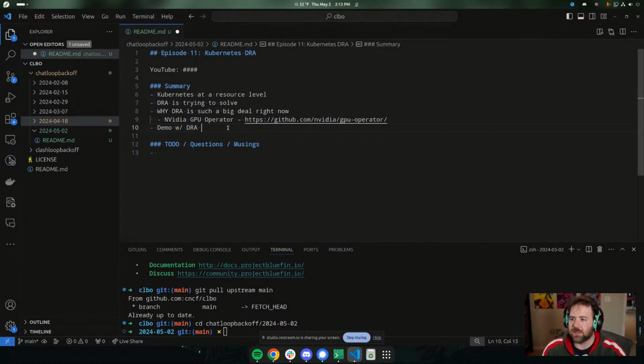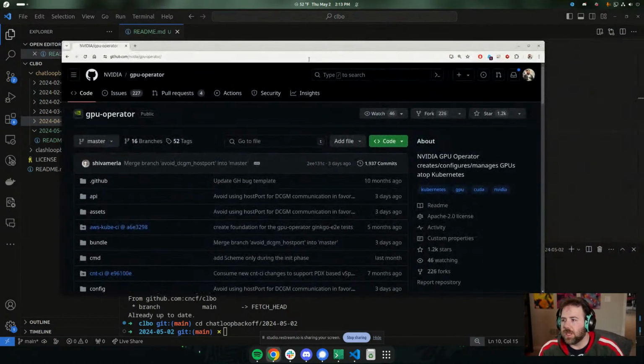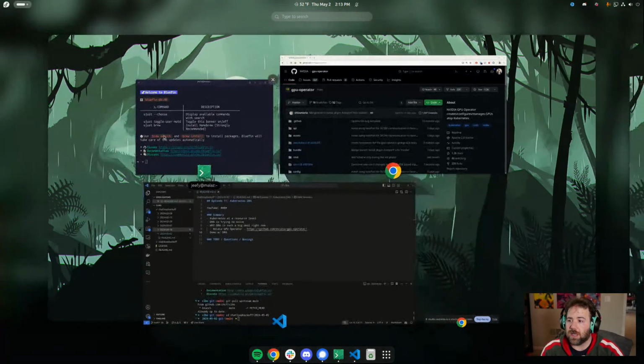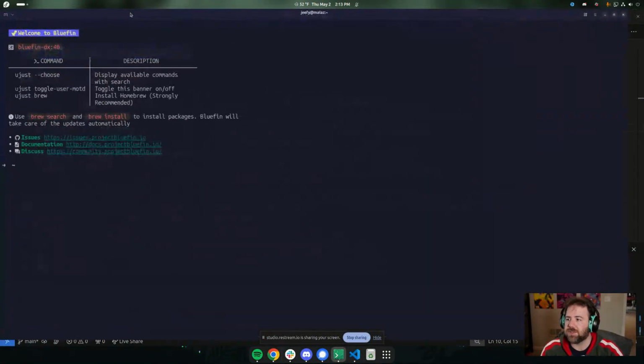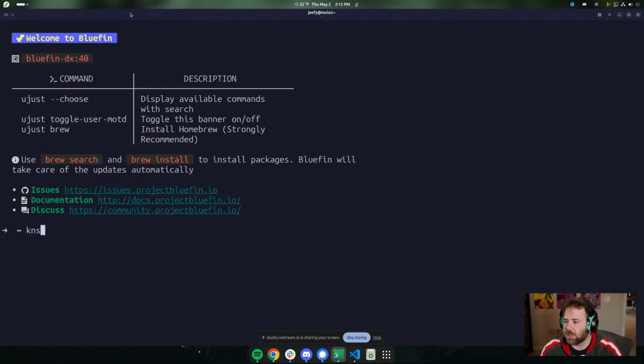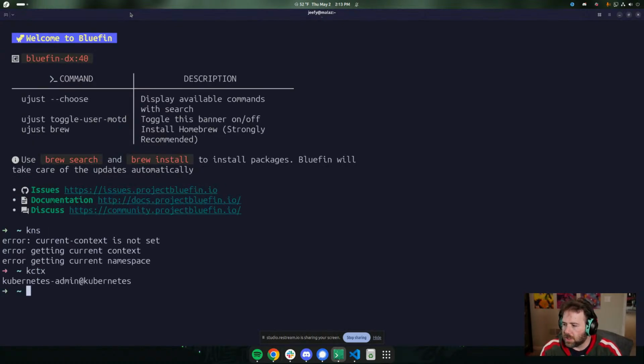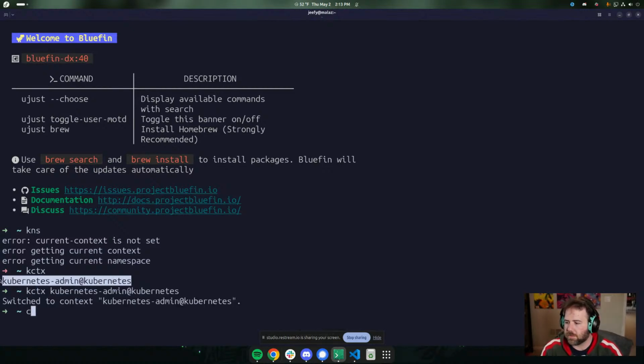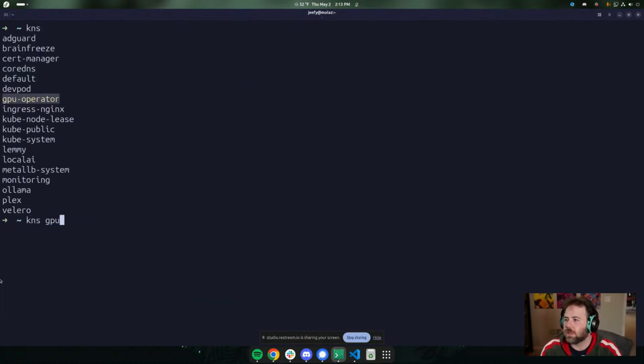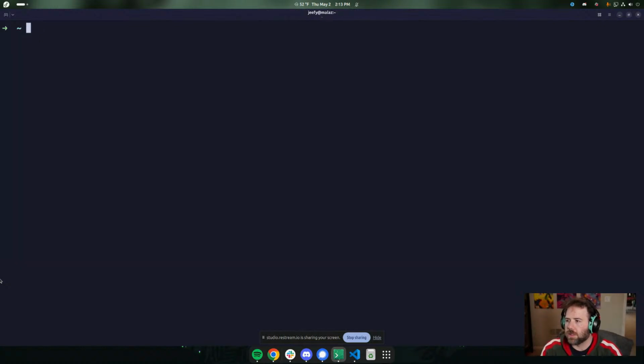Let's actually have a little bit of fun. So sure, that's the NVIDIA GPU Operator. This is also something I run on my home lab. This one I will actually show really quick. Oh, I made sure that kind was running all right. This is also going to look like it's horribly broken. That's on me. One of my nodes is currently, shall we say, misbehaving, and I have not had time to